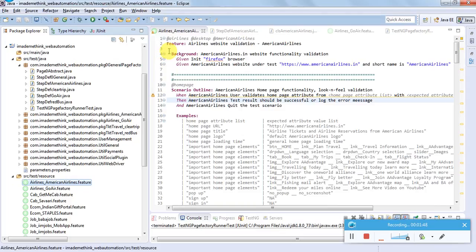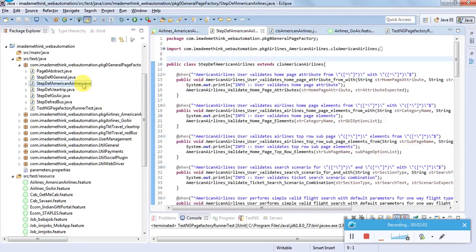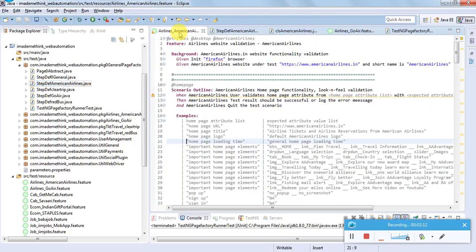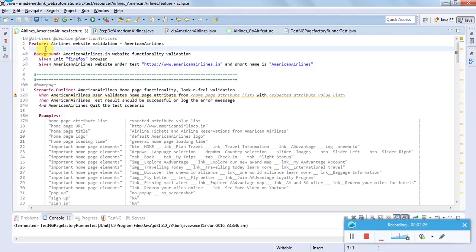Now let's get started with the Cucumber layer. So I've opened this Cucumber, and in the general page factory package there is something called step definition.java file. So as you are aware that in Selenium, this is a Cucumber and page factory model implementation or page object model implementation. So in feature file